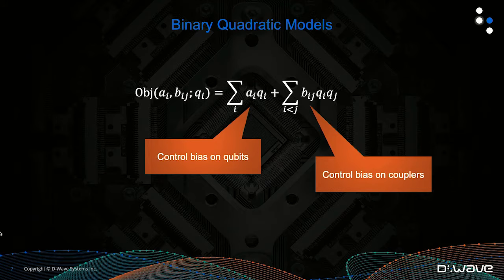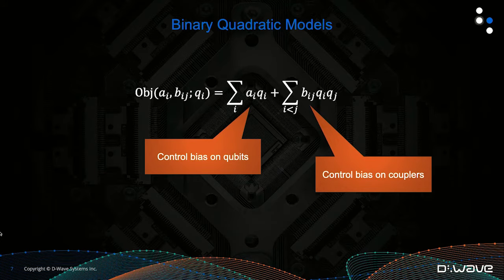So that when we go to minimize this whole expression, the minimum value will occur at our minimum cost. The Q's in this expression are going to be 0, 1 binary variables. And the quantum computer is going to tell us which values these Q's should take. Should they equal 0? Should they equal 1 to obtain that minimum cost? So again, we're going to choose the A's and the B's, and the quantum computer is going to give us back the values for the Q's.